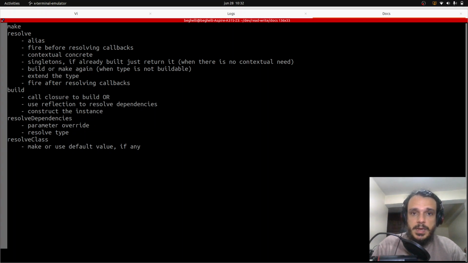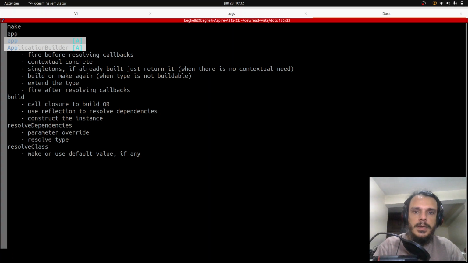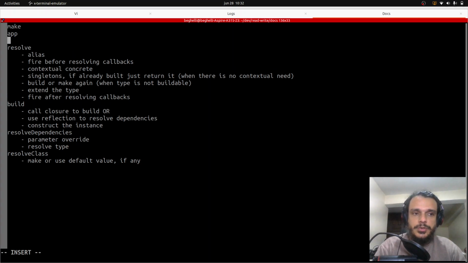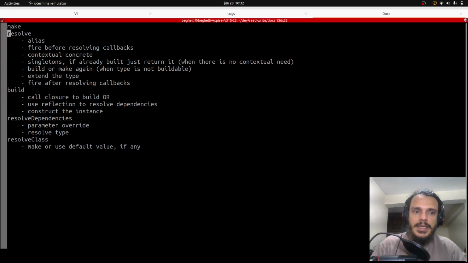Right, so it could be a class, it could be an interface. It could be just a string, like the app, it's registered against the container as just app. The events, it's the dispatcher, it's events. So anything that can identify something in the container, that's the abstract. So the make will call resolve passing that abstract that we passed, and in the case of the kernel, it's